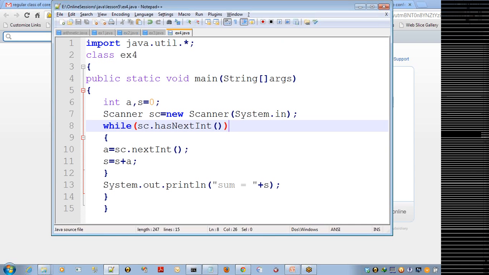Suppose your requirement is you want to accept multiple types of data, right? You want to accept the numbers and the strings simultaneously. So in that case, this while condition part is different. You are not using hasNextInt in this case. You can take a general temporary variable choice. If the choice is yes, the loop is repeated, and within this while loop, we can accept the different types of data. For example, see,